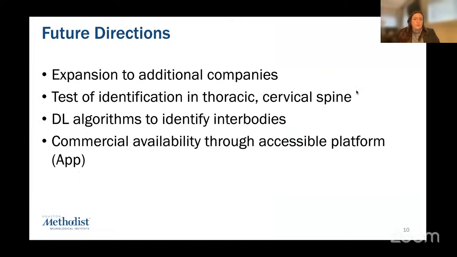Some future directions lean on those limitations: expanding it to additional companies, proving in another deep learning network that you can accurately identify pedicle screws, and then identifying the same type of learning model that could work in thoracic cases, cervical cases. I don't see why they couldn't expand that to do deep learning algorithms that maybe identify interbodies, patients that had cervical fusion 20 years ago, or what have you, just to give the surgeon good information about what kind of revision they're going into.